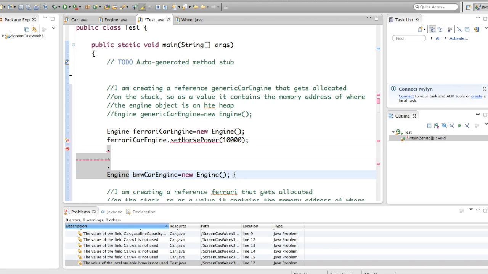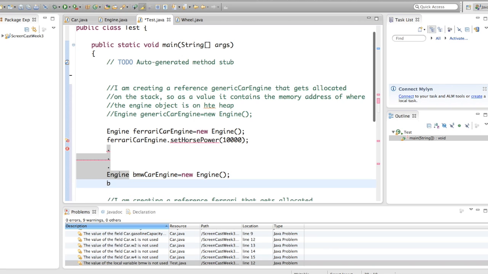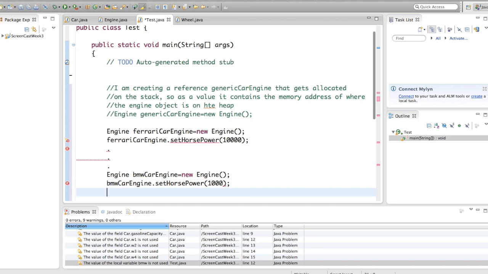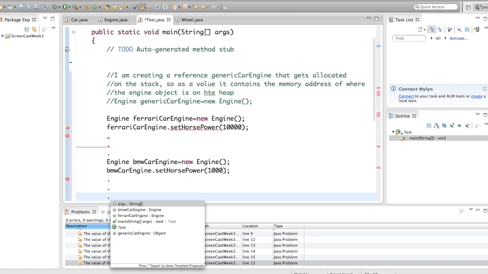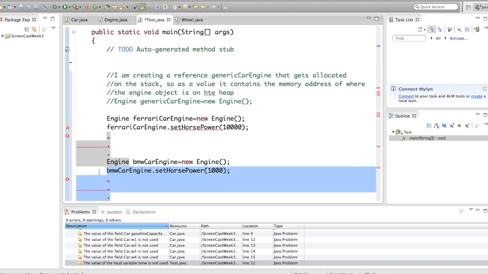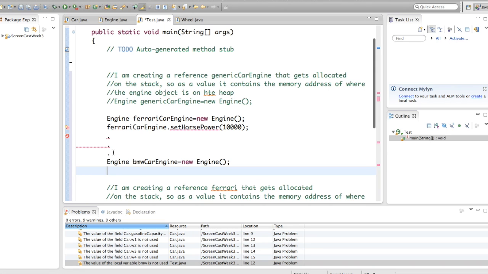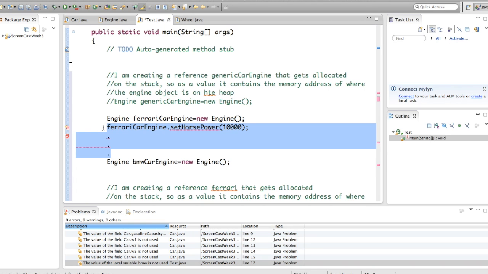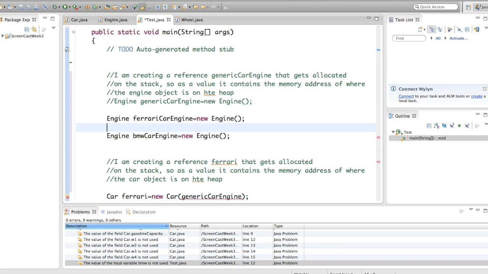I can call some instance members and add all the specific add-ons that the Ferrari car engine has, and then likewise I can do something specific for my BMW car. I can say BMW car engine dot set horsepower. Okay, and this might have a smaller number, so let's just make it 1000. And set a few other things over here that are specific to a BMW car engine. But let's not get into those details for the time being. The idea that I'd like to get across, at least from a memory model, is that I'm creating two